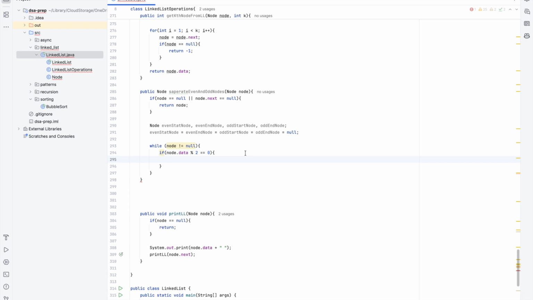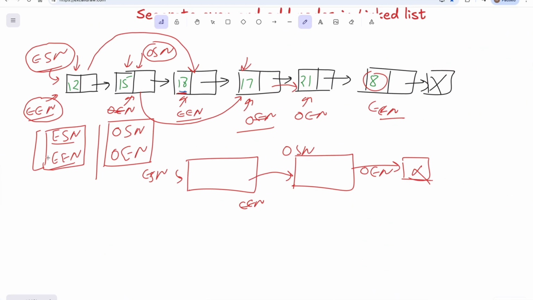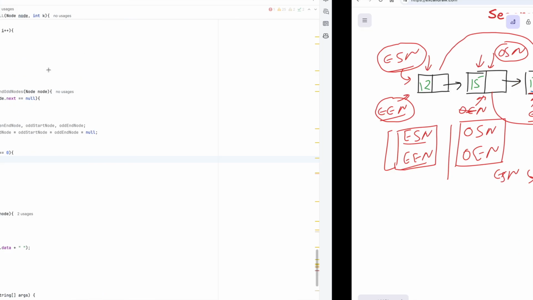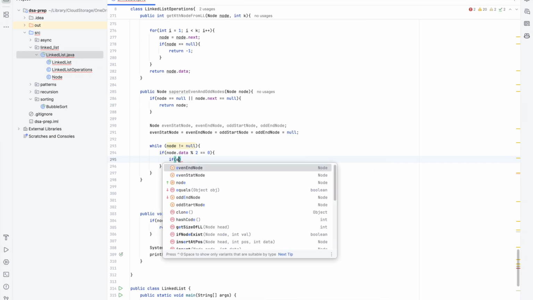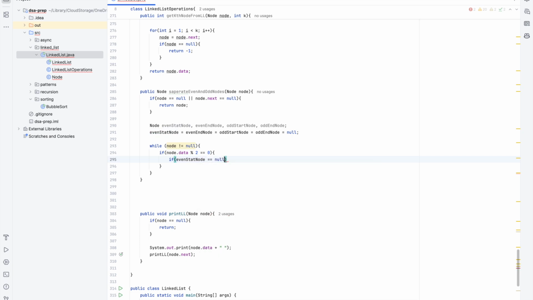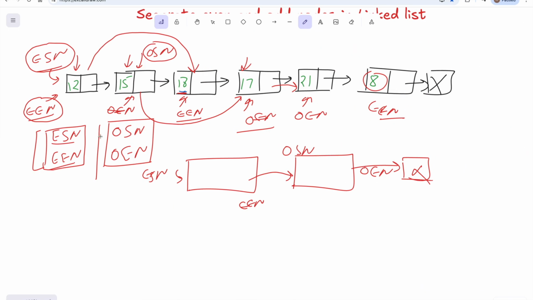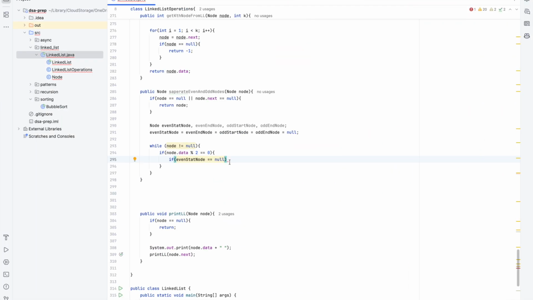As I told in the beginning, everything will be pointing to null. So if you find any even node, then if your even start node equals null, which means we did not define any even node till now, so we have found our first even node.